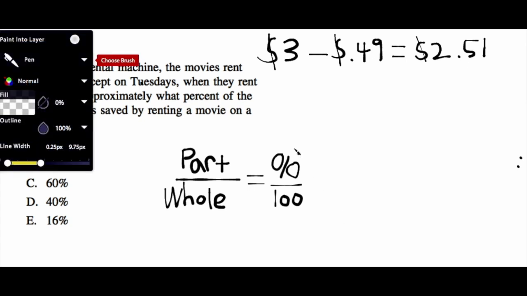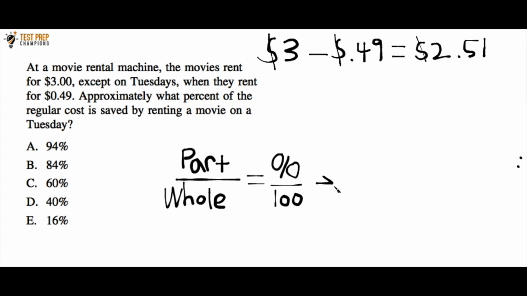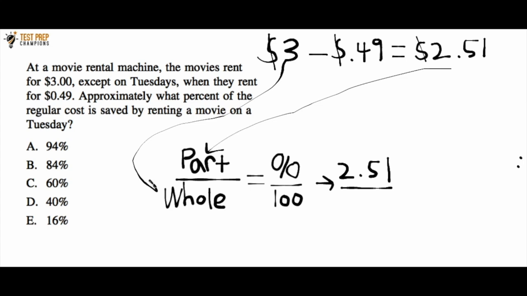In this case, 2.51 is going to go into the equation in place of the word part. I'm not going to put the dollar signs in anymore, just to save time and make it a little easier to read. So the whole is 3. I'm going to take the number 3 and plug it into the formula in place of the whole. So I've got 2.51 divided by 3 equals percent